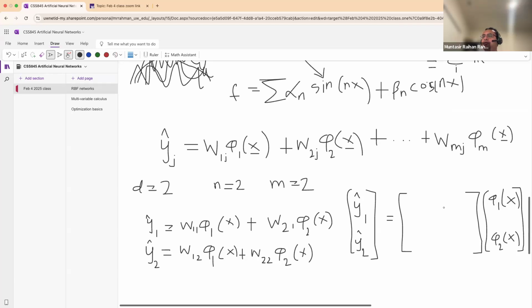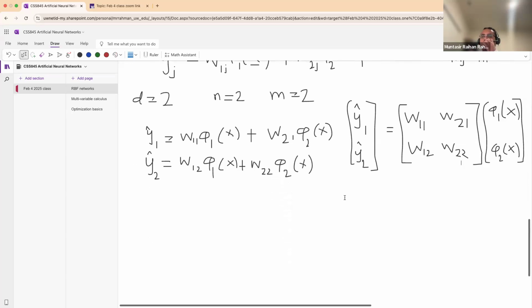All right. And now we're going to have some weights here. If you just translate from here, what are the weights? You're going to have W11, W21, W12, and W22, right? And now, if you think about this, if I call this kind of a,